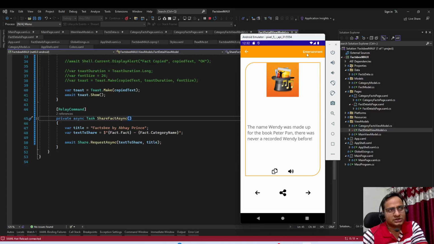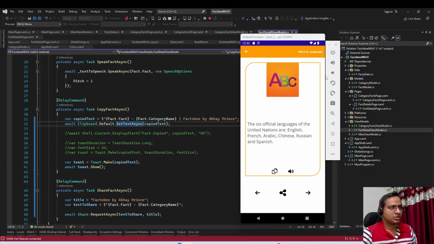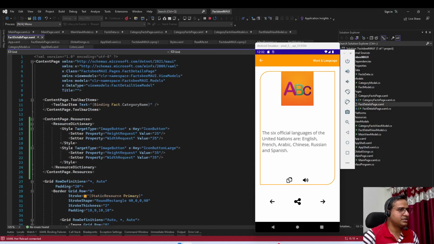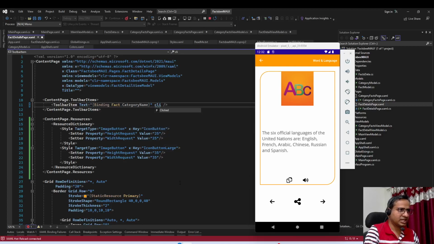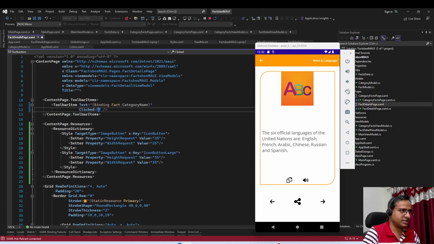we have this entertainment category. Whenever we are clicking on any fact, we will see the category here. Now when we click on this, nothing is happening. What we need is, when we are clicking on this one, it should navigate to that particular category facts page. So let's go back to the fact details page, and this is a toolbar item. On the toolbar item we have a Clicked event. So let's add this Clicked event,